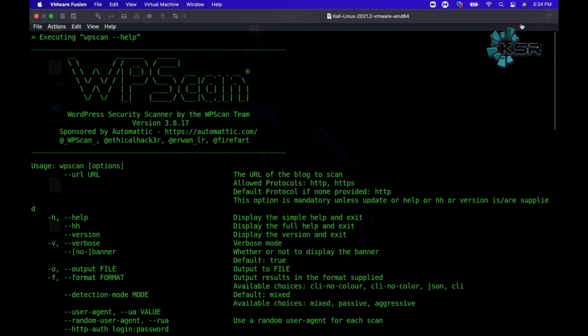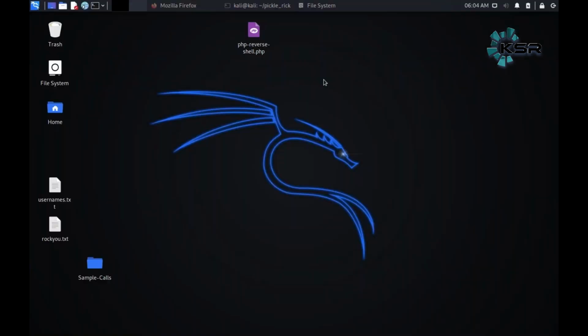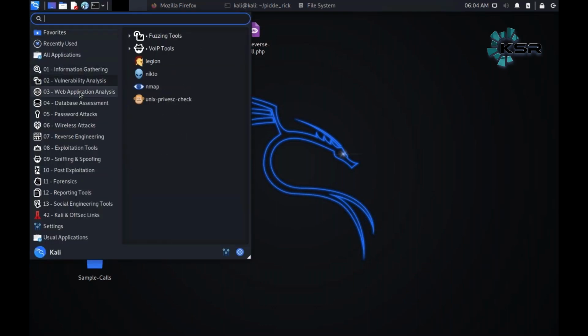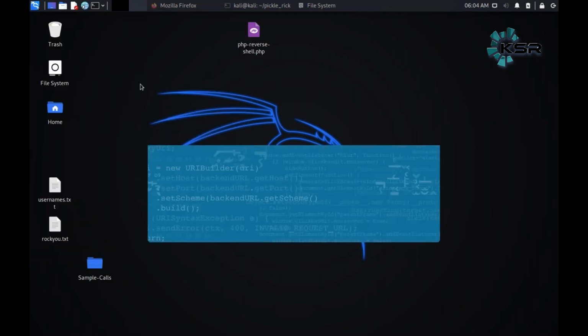Okay. And then let's say you are trying to become a bug bounty hunter. You must have heard of what bug bounty hunters do. They try to look for bugs on websites and they try to make money out of those bugs that they report. Most bug bounty hunters don't have to spend a lot of money buying expensive tools in order to perform bug bounty hunting. They can use a tool as simple as this one called Burp Suite.